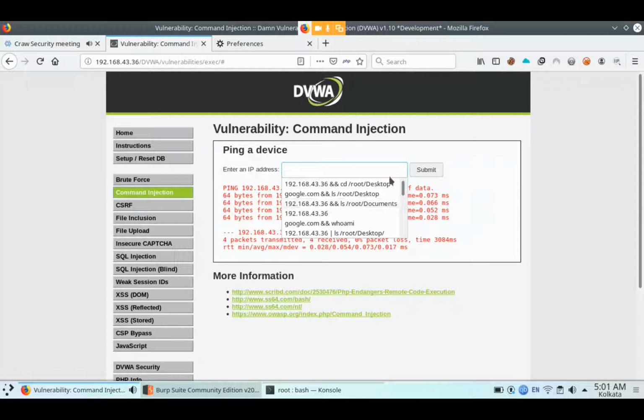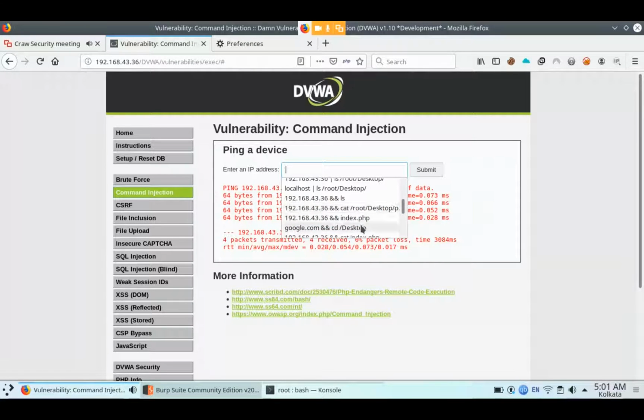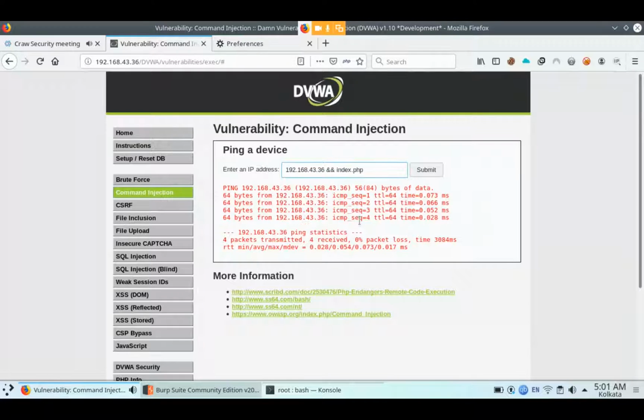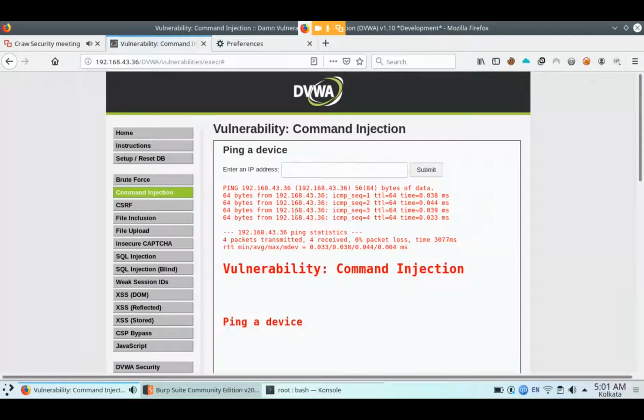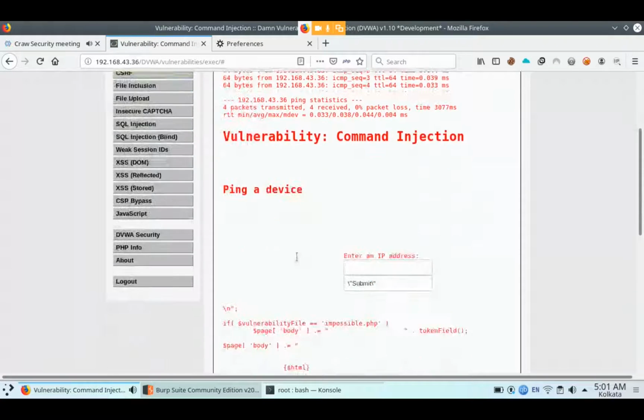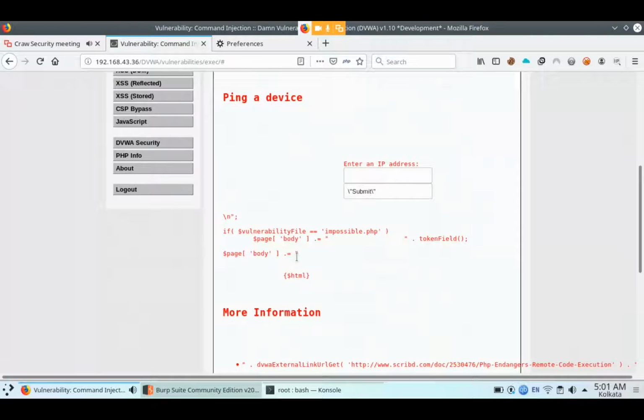Suppose you want to see the index file, here is the index file. So here you have to run the command cat index.php. After running that command, you can see the whole index file here. Is that clear now? Yes, sir. This one is the index file.